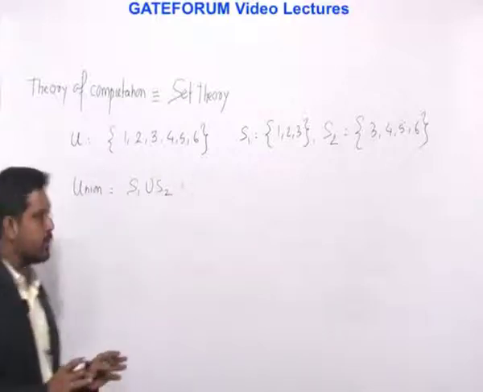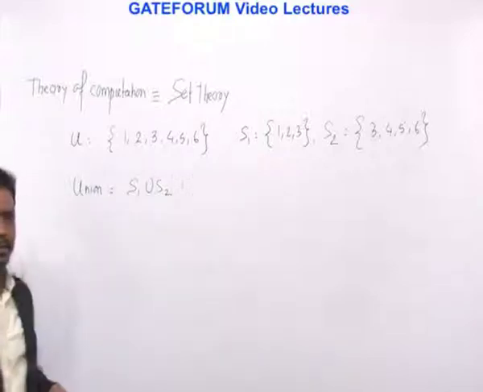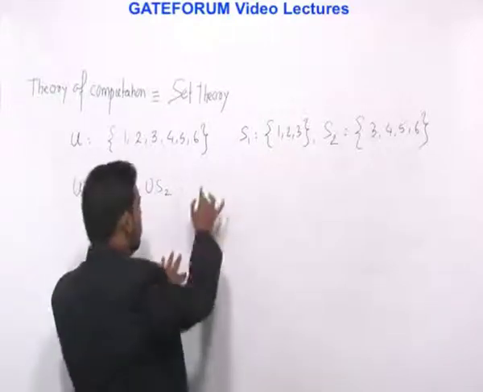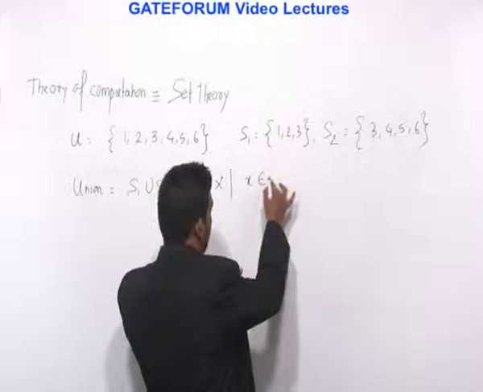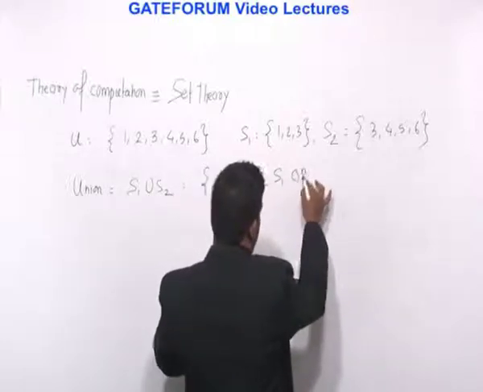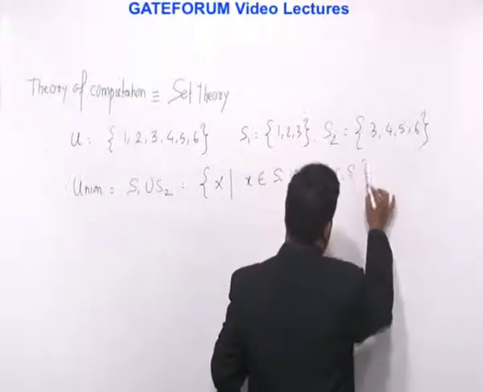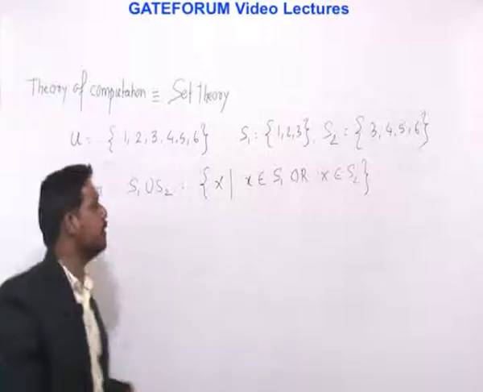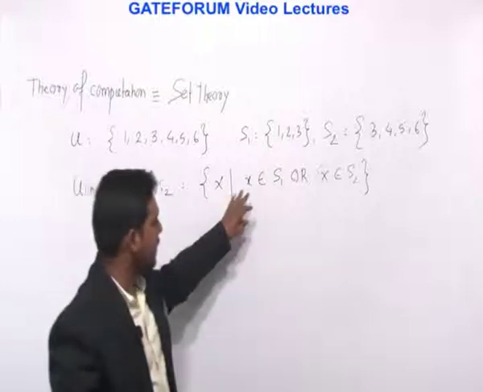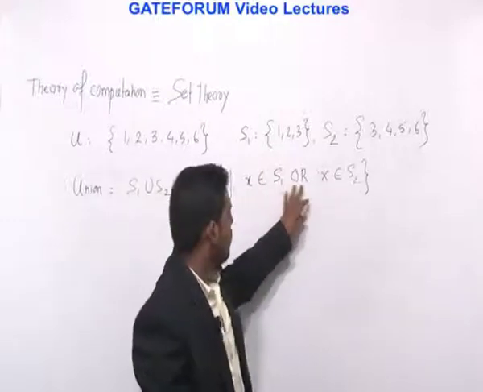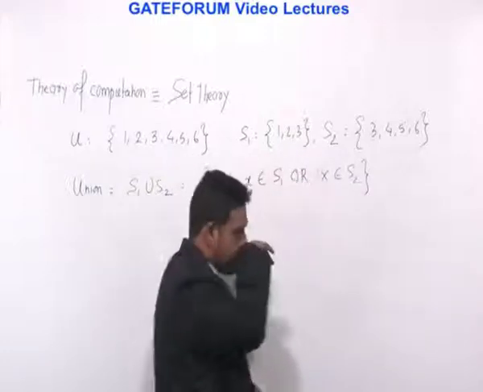Well, I'm really not interested in what the union of this S1 and S2 set is, but basically what is the description of S1 union S2. Now S1 union S2 is all X such that X is an element of S1 or X is an element of S2. This is what I'm really interested in: how you describe a union. So union is all elements X such that either X is an element of S1 or X is an element of S2. Now what you have to understand is that the connective we are using in this case is